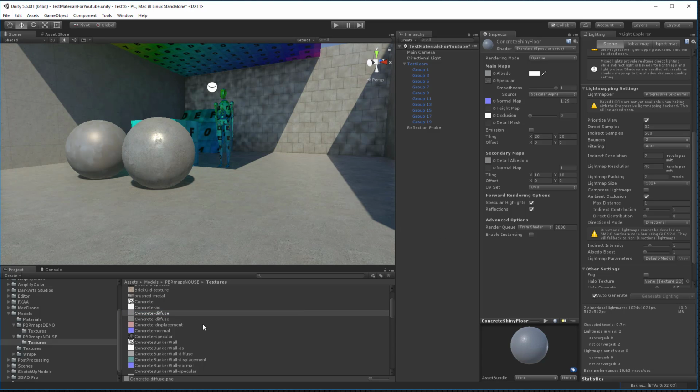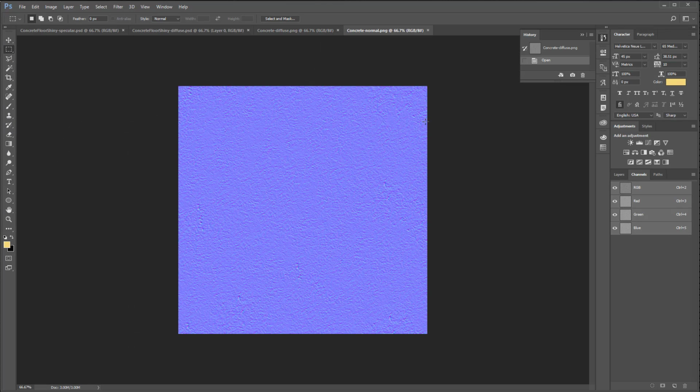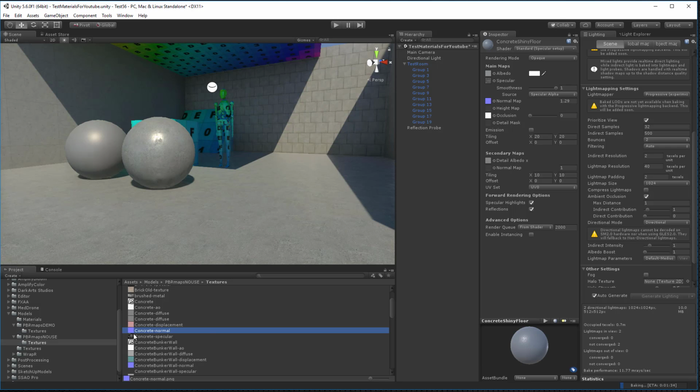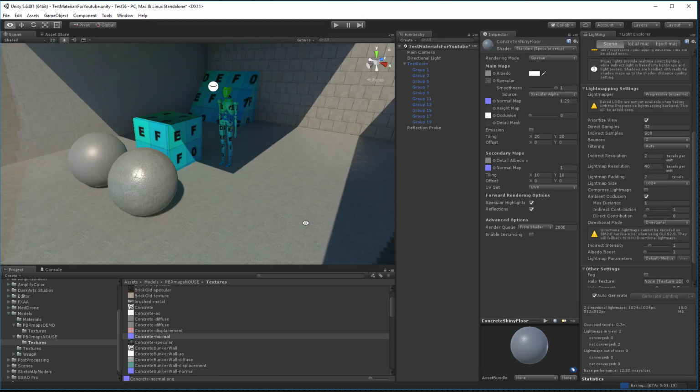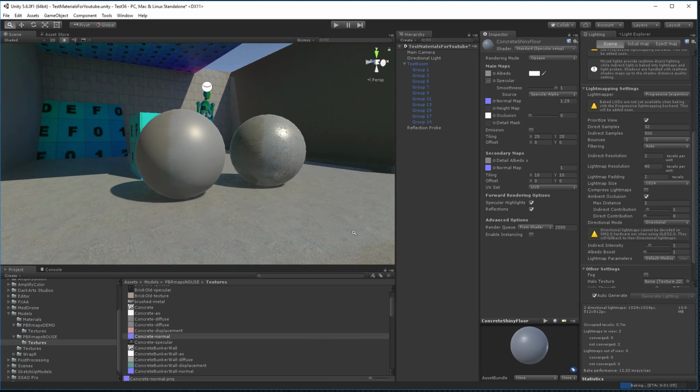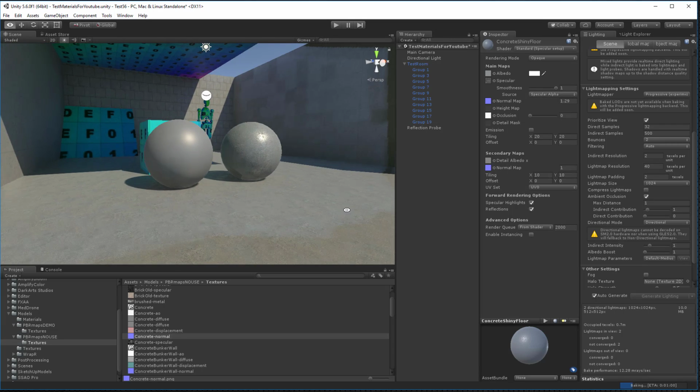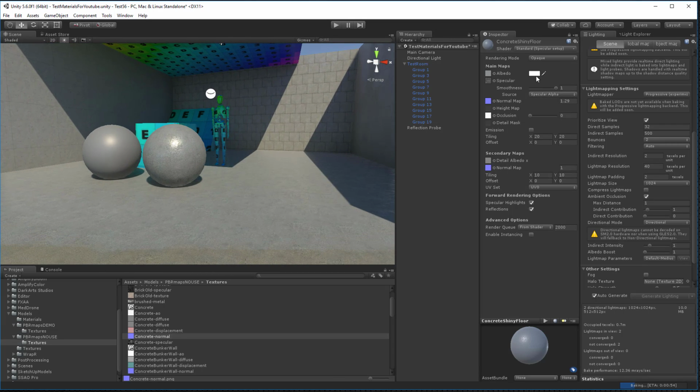I'm going to grab that in here. That's the diffuse channel. That's the actual normal channel. So those are just basic concrete texture maps. And once I've added those in there, I set the tiling to something a little bit